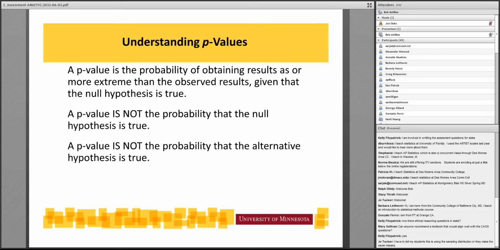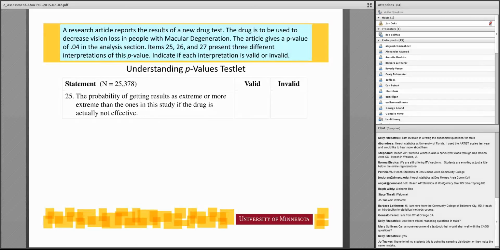Now, I want you to imagine an item where there's a context given, there's a p-value given, and then the question is which of the following is a correct interpretation of the p-value, and you have A, B, and C. The student chooses what they believe is the correct one. We didn't go about it that way. We chose to use what I'm going to refer to as a multiple true-false type of item. This is one of the recommended types of items from the Haldana and Rodriguez paper that I started with at the beginning.